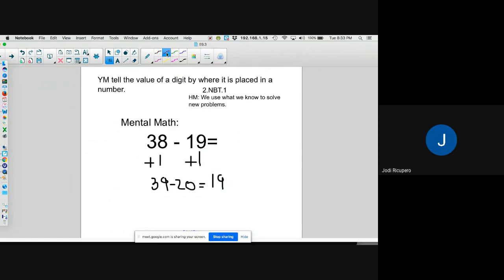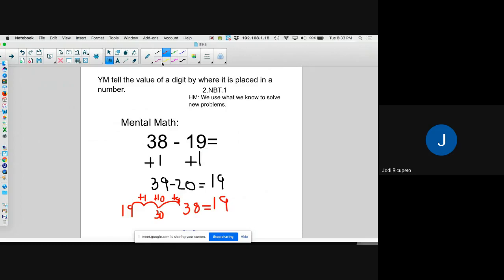Another way I could have solved this was by using an open number line in my head. I'm going to start with my lowest number, 19, and in my head, I'm going to count up to 38. So I could count plus 1 gives me 20. And then from 20, I could count another 10 to bring me to 30. And then I need another 8 to bring me to 38. So in my head, I have 10 plus 8 plus 1, which equals